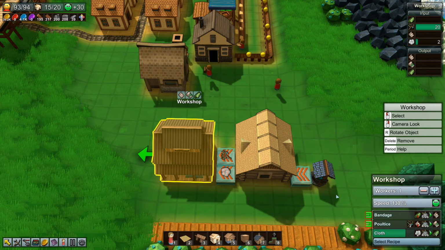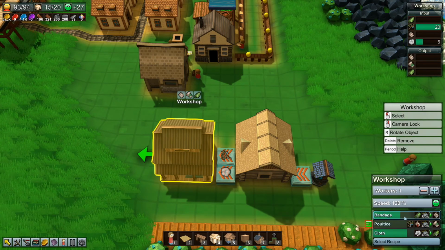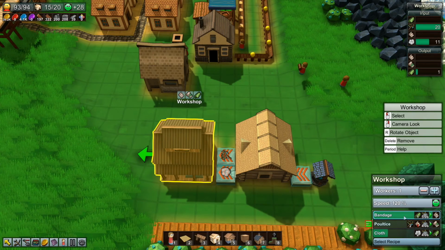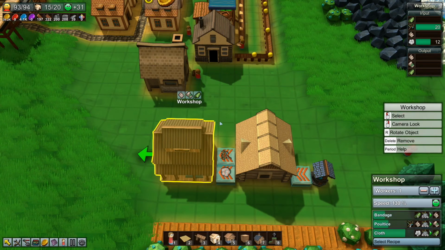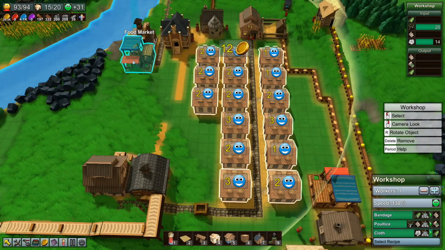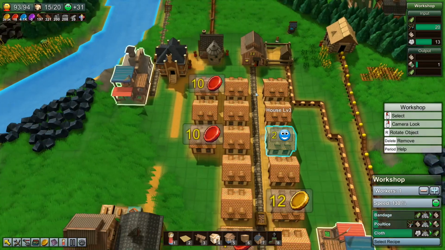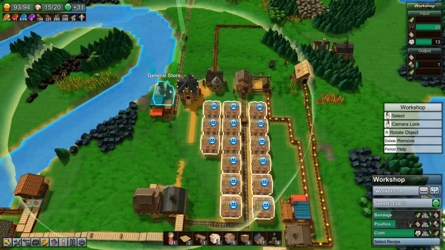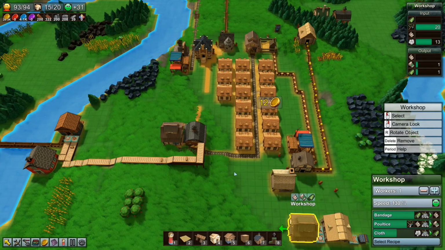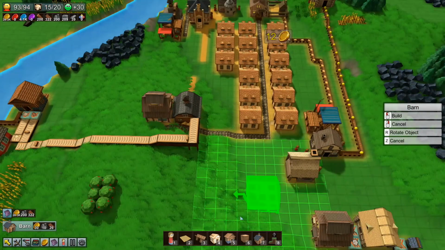Okay, so you will make cloths. You will turn the cloths into bandages. And you will turn the bandages and the herbs into poultice. Excellent. Okay, then all I need is a guy taking the poultices to a general store. Didn't I have a general store over this end as well? Oh no, I've only got the one general store. Okay, so what I'll do then,